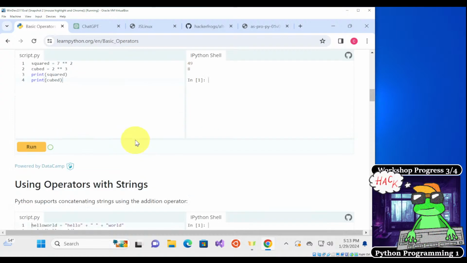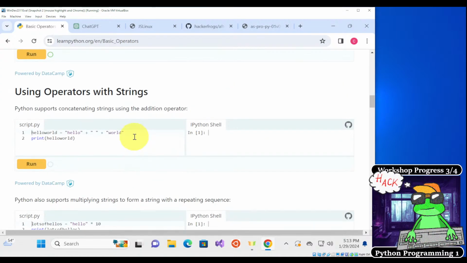That's great. All right, so we can also use operators with strings. So we can do hello world, which is hello plus space plus world. So this is one string, this is another string, and this is a third string. Okay, so we print hello world, just like this.